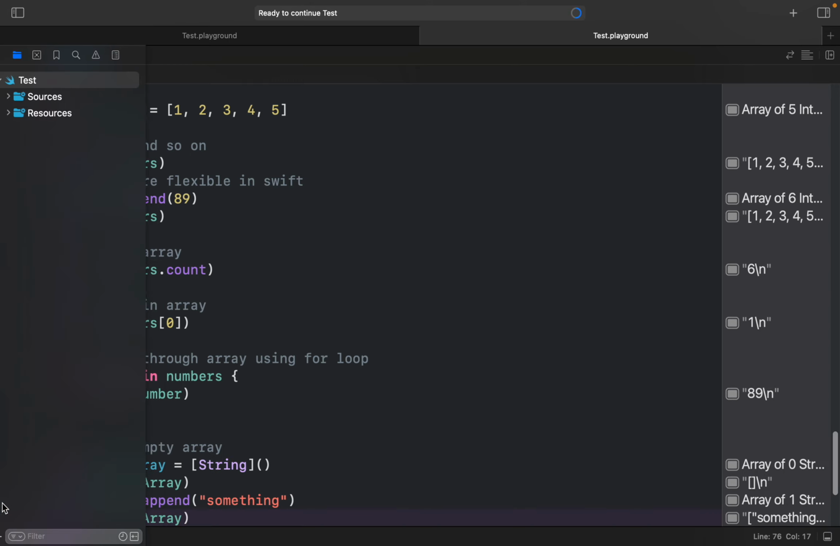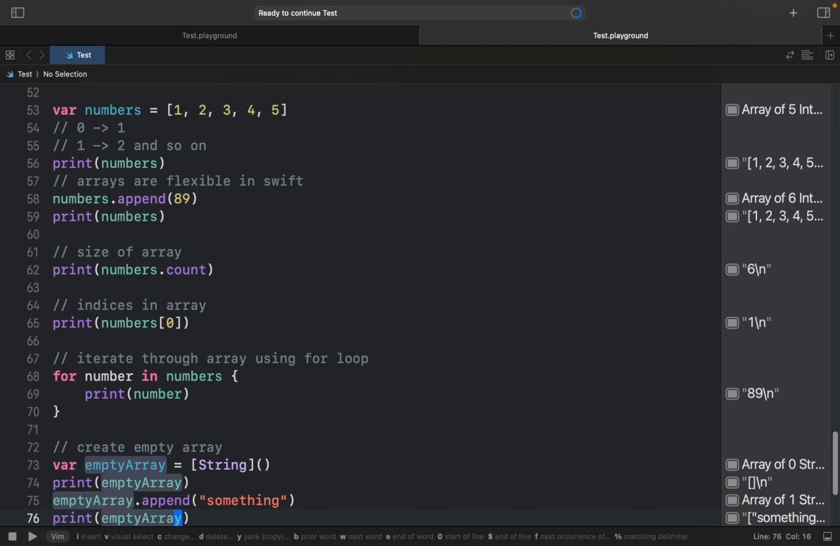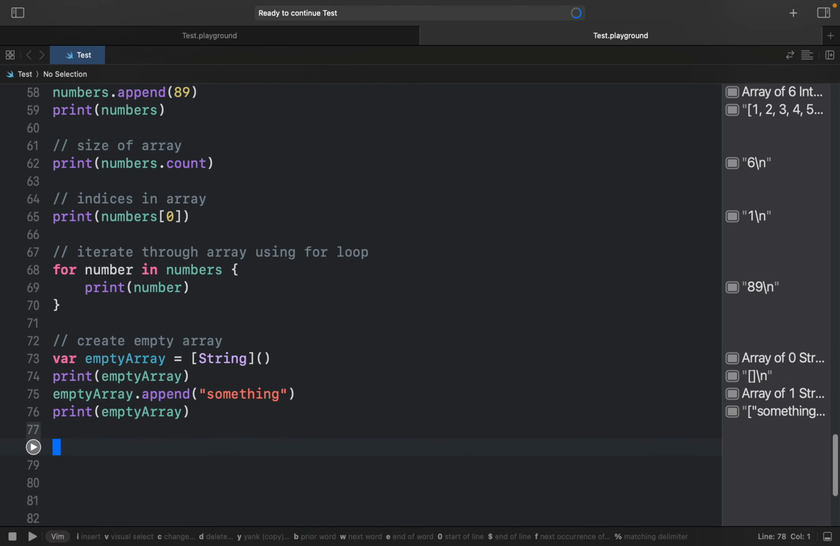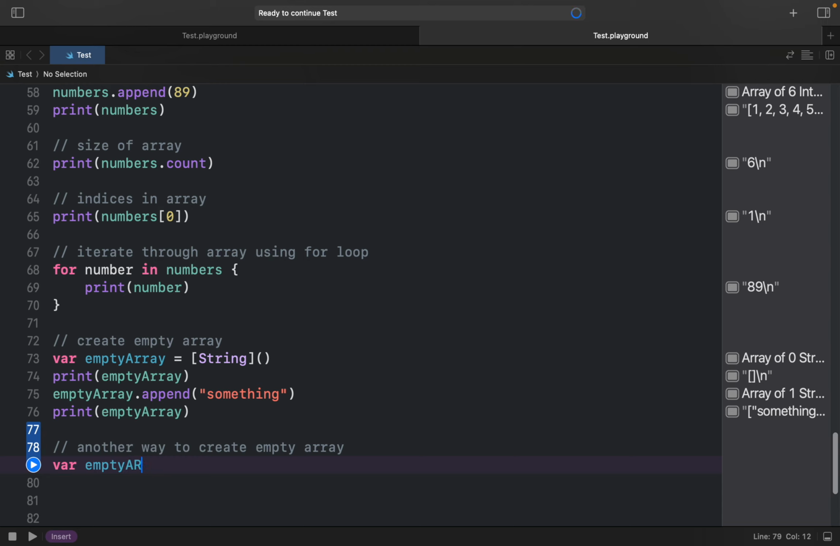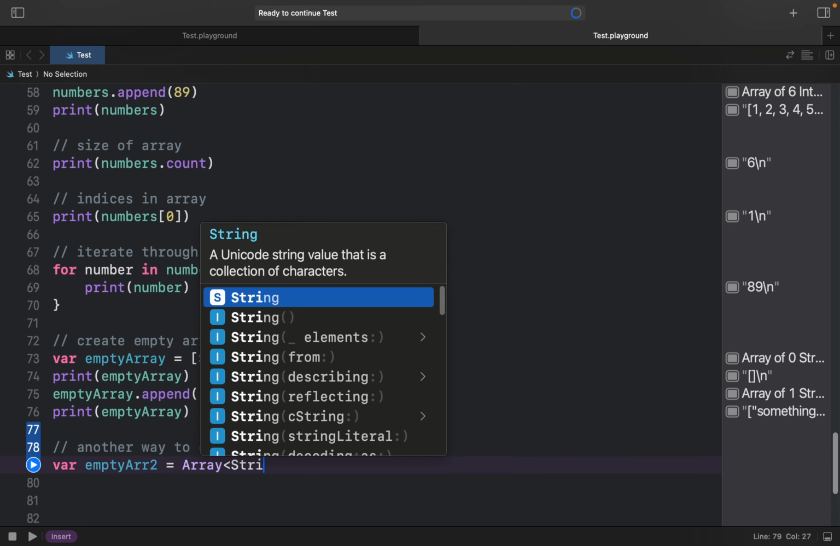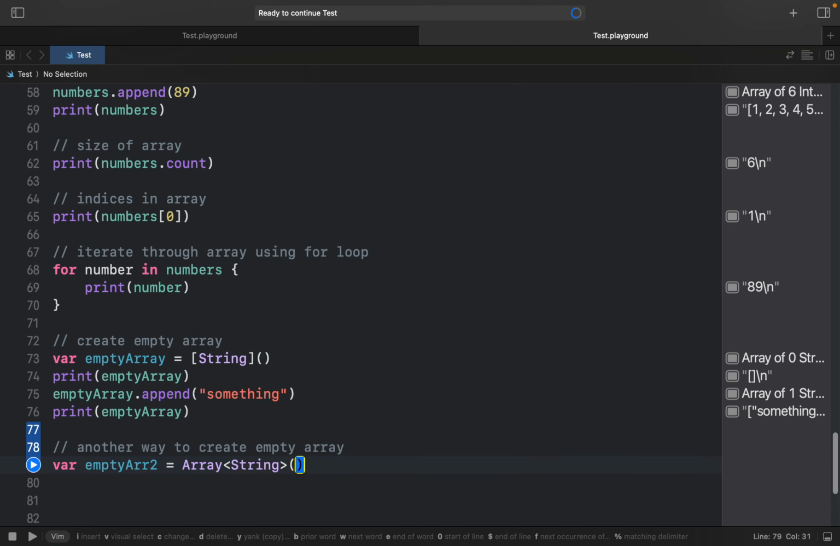Now there is another way to create an empty array, that is var empty array 2. The other way is Array with the type String, and these parentheses. That's all you have to know about arrays, and there might be more